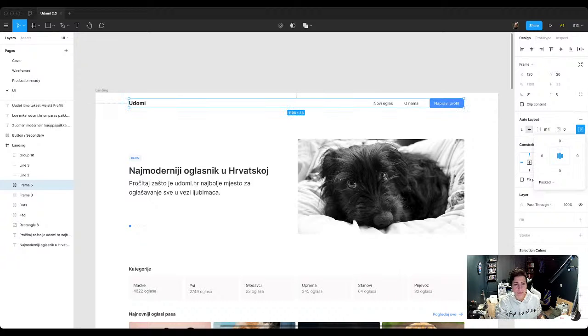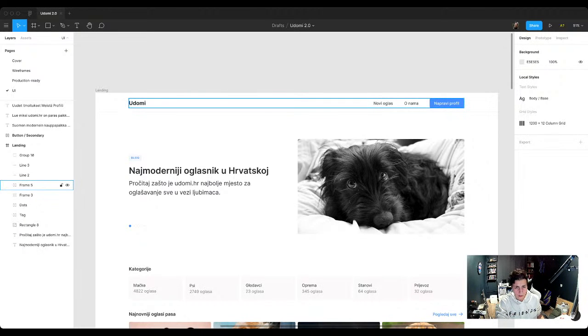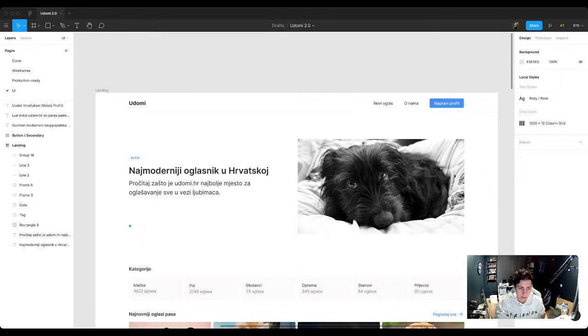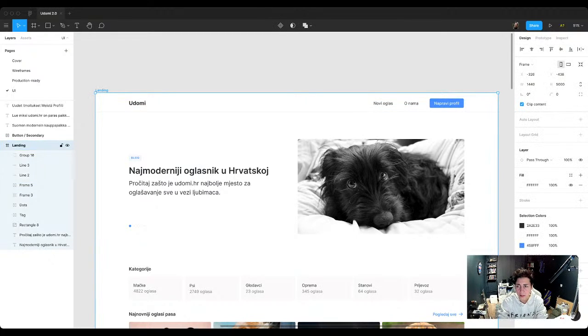Middle, great. Okay, so it's gonna be a little bit all around, because this project is something that's already happening. But just to see what we have here. Do I have some layout grid? I have. Maybe you can see it here. This is 1200 pixels wide, and it has 12 columns. Gutter is